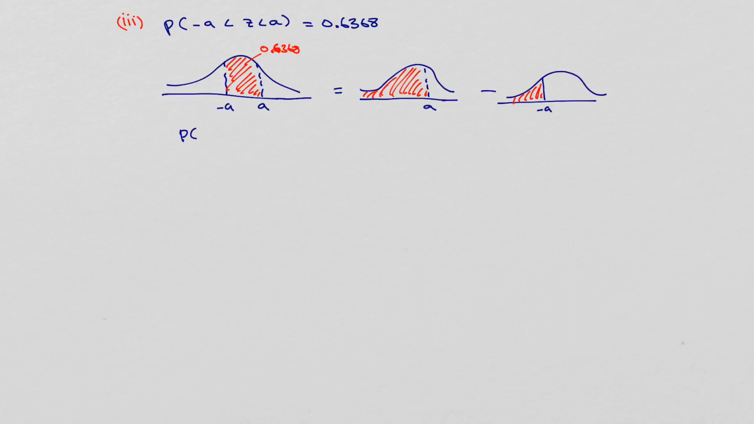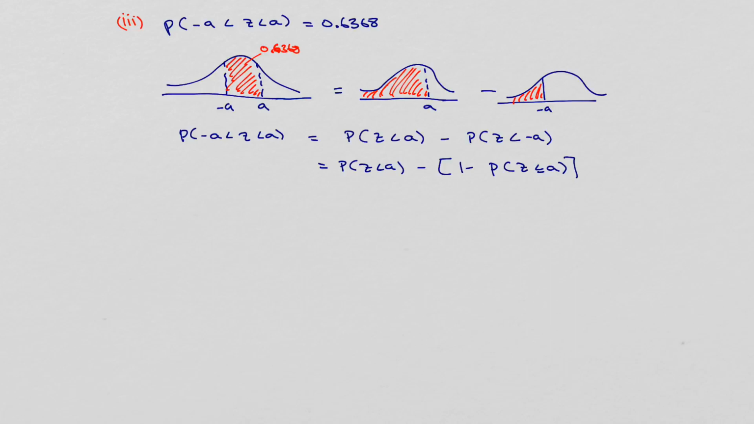So in other words, the probability that minus A is less than Z, which is less than A, can be broken down into the probability that Z is less than A minus the probability that Z is less than minus A. But of course, the probability that Z is less than minus A is the same as saying 1 minus the probability that Z is less than or equal to A, because of that symmetry. So if I get rid of the brackets there, I'll have minus 1, and then minus the probability that Z is less than or equal to A, which is the same as the probability that Z is less than A. So I end up with two of those,